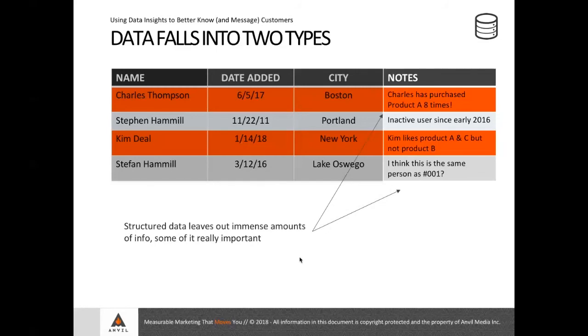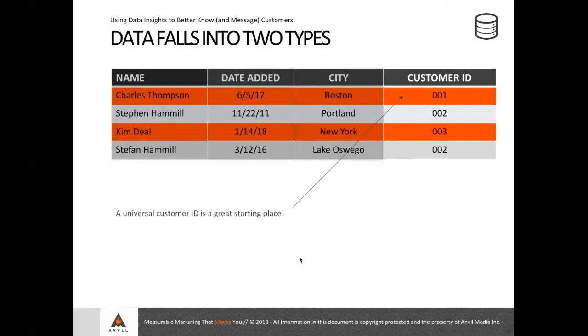These types of unstructured data pieces are important, and how we get them to be structured is generally by creating some sort of a key. Oftentimes in our databases, we want to get customers down to the identification level. Customer IDs are ubiquitous. Every platform you work in will have some version of that. It could be an email address. It could be a randomly generated number out of Google Analytics. Anything that has it, but the idea is if we can tie customer IDs to actual people, then we can start to pull unstructured data and pull it up and spool it up next to the structured elements we have.